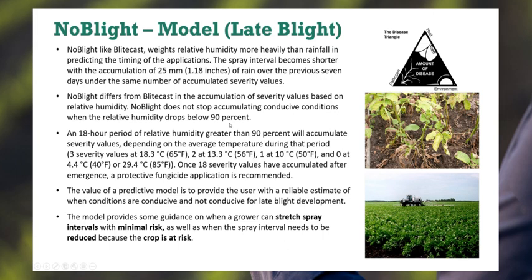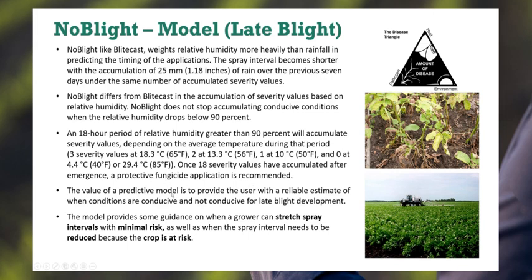That's a critical factor, so above 90%. So in an 18-hour period, the relative humidity greater than 90% will accumulate severity values dependent upon the average temperature. So 3 values at 18.3, 2 at 13.3, and 1 at 10, and 0 at 4, or above 29. So once the severity, in this case, reaches 18 after accumulation of a period of time, that's when the first